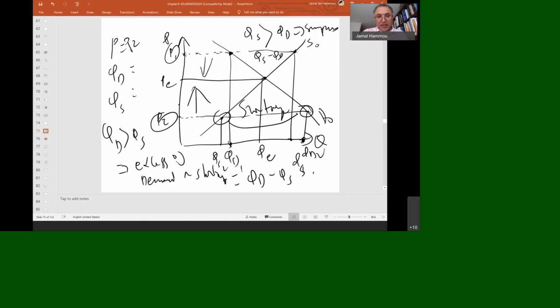The price will start increasing. When the price increases, the quantity supplied will increase and the quantity demanded will decrease until they meet each other at the equilibrium. Okay, so remember this, it's very important. A market at the equilibrium at PE